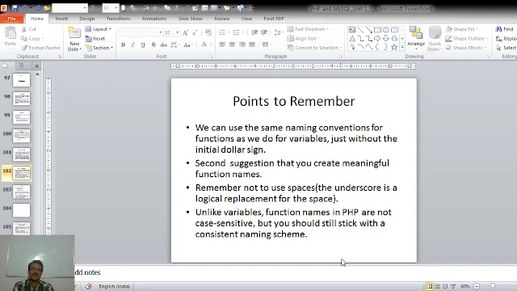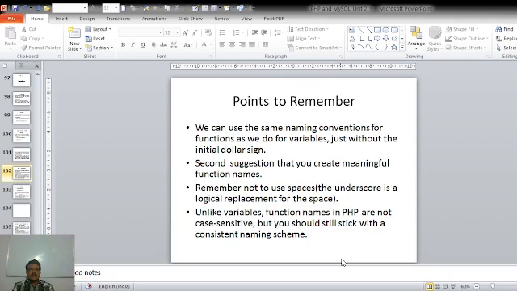So we have to remember this. The next thing is not to use blank spaces in the function name. Instead, we can use the underscore as a logical replacement for the blank space.